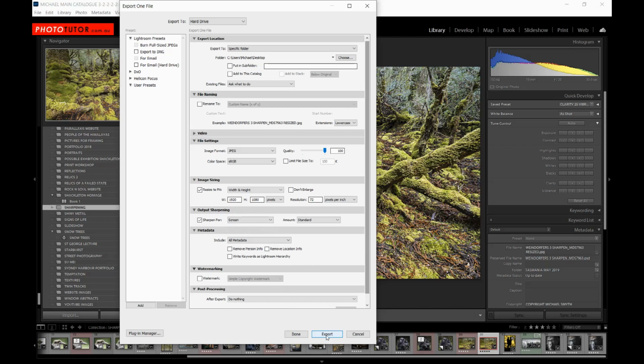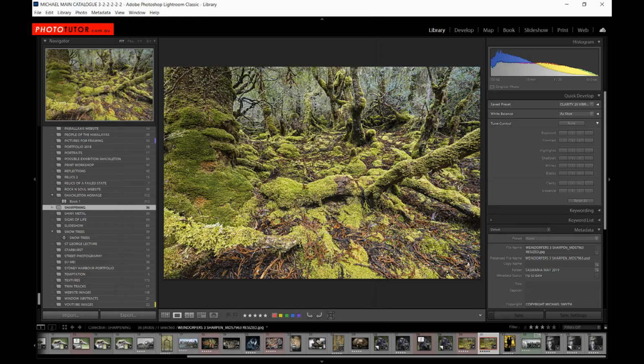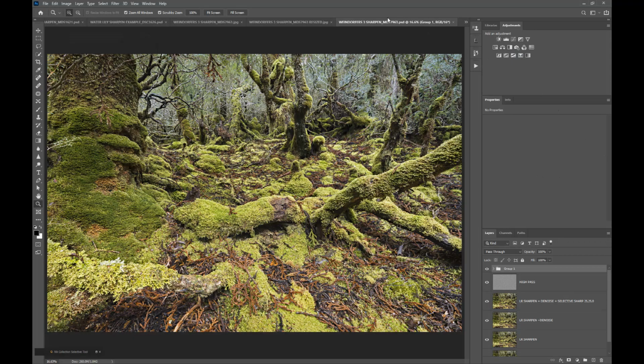Now, the important question here is, is this any different from doing it from within Photoshop? So let's have a look. Let's cancel out of that, and I have prepared this separately, and let's have a look. Here is our original image, beautiful fine detail, and here is a version that I made